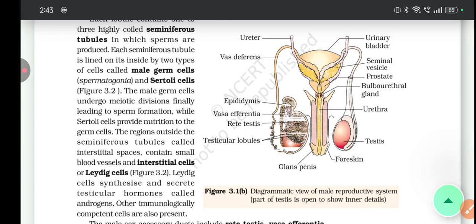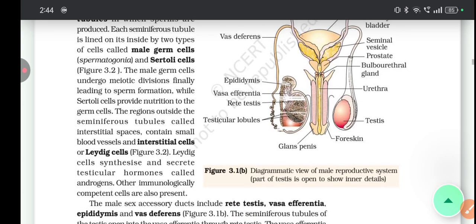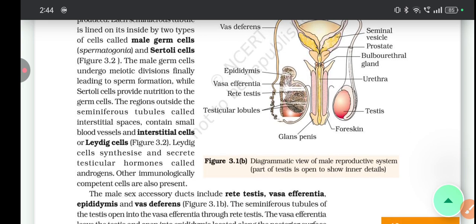Each seminiferous tubule is lined on its inside by two types of cells, male germ cells (spermatogonia) and Sertoli cells. The male germ cells undergo meiotic division, finally leading to sperm formation, while Sertoli cells provide nutrition to the germ cells. The region outside the seminiferous tubules, called the interstitial space, contains small blood vessels and interstitial cells or